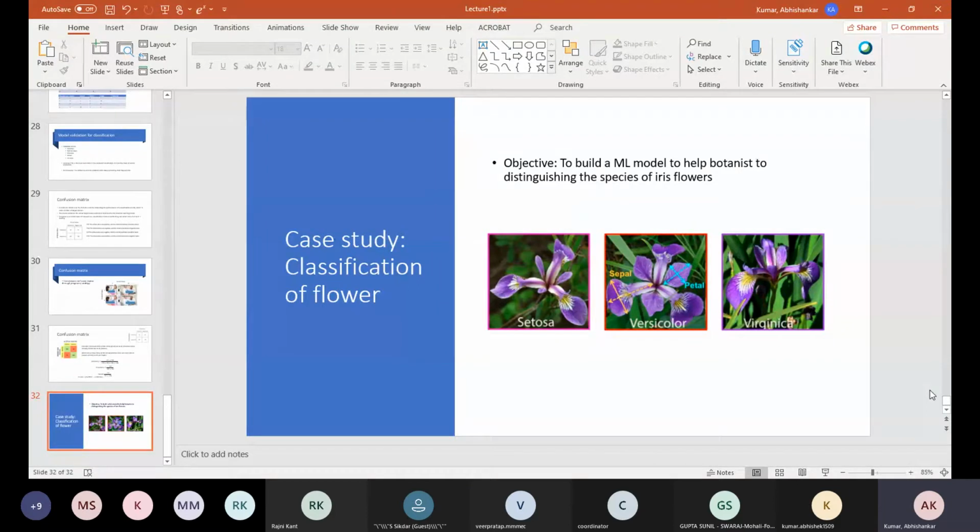If I give you the sepal length, sepal width, petal length and petal width, you have to tell me the species. Understood the problem? Any doubt? Yes, sir.